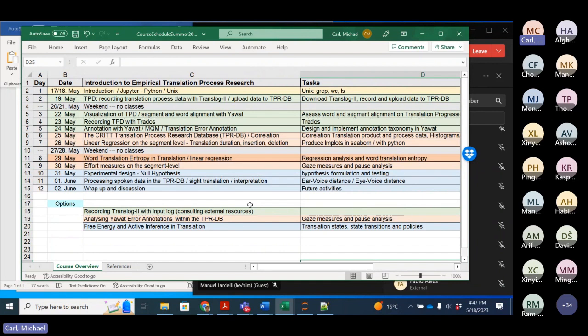You could also, for instance, annotate types of metaphors, or another kind of annotation on the textual level. So all these are kinds of tools. And then this red part